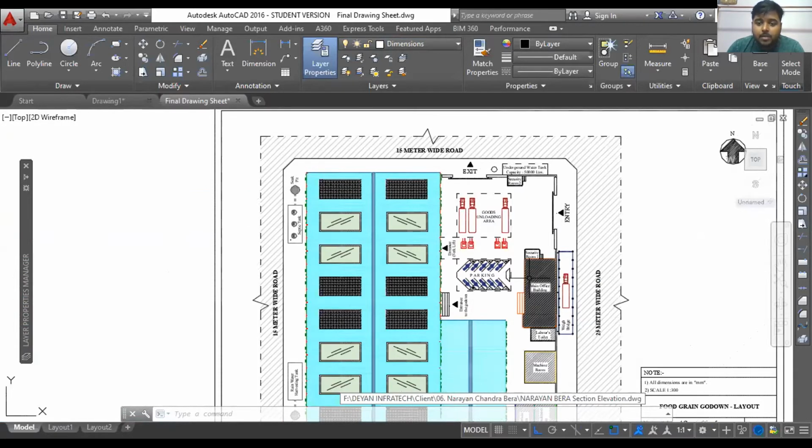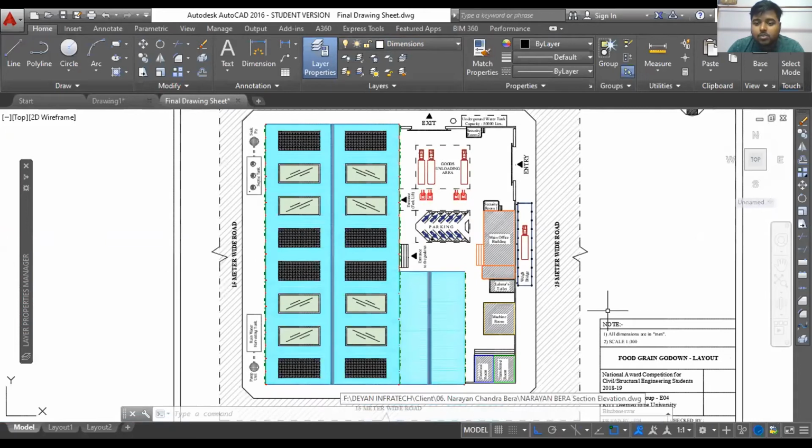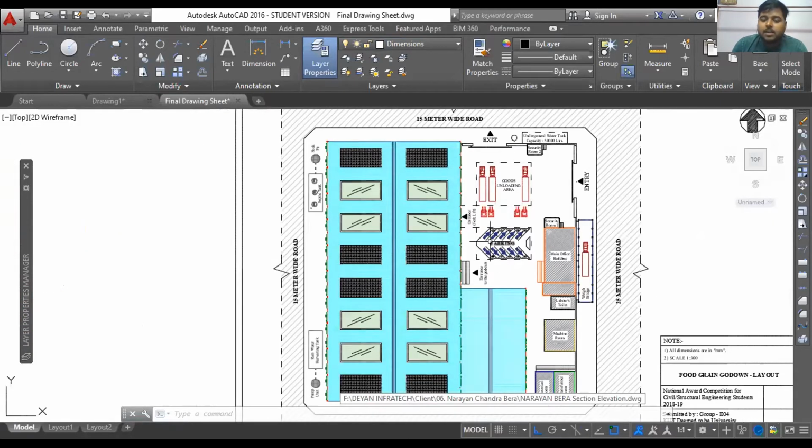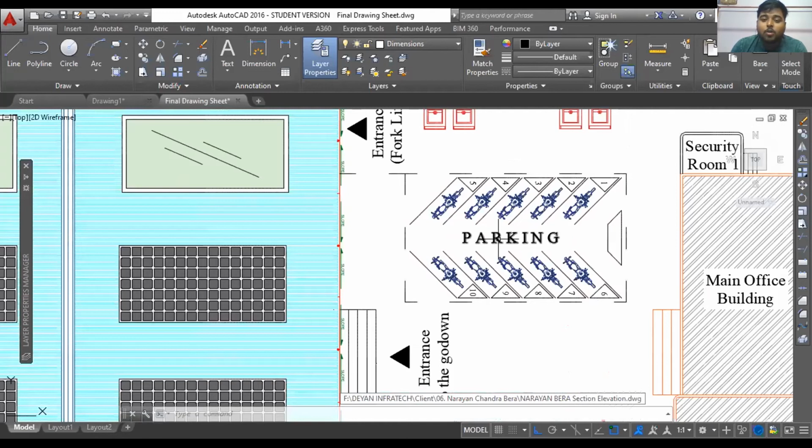Maybe when you'll be printing this drawing, in most of the cases, what happens is your drawing looks perfect on the screen, but when you print it, have you ever tried printing something random, whatever you have drawn? You'll see a lot of difference between what you see on the screen and on the printed paper.